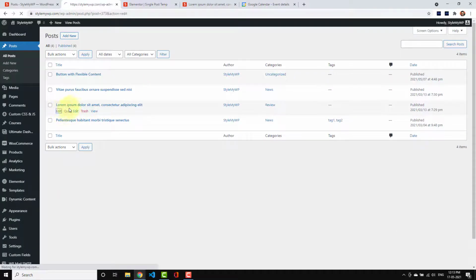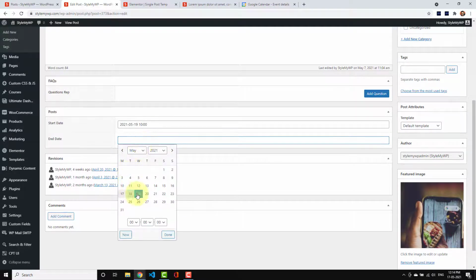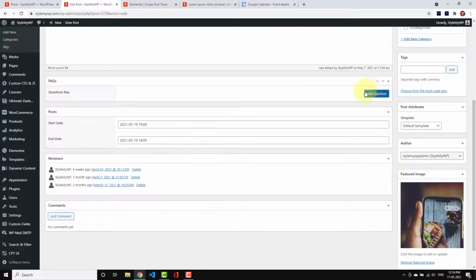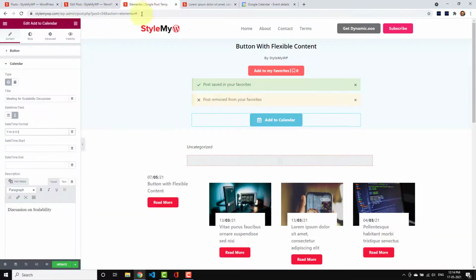Let me open this lorem ipsum post and set it to the 19th, probably 10 am, and the 19th, 12 pm, or possibly 2 pm, so 10 am to 2 pm. Cool. Let me save this, and in this template I just need to use tokens or a field.